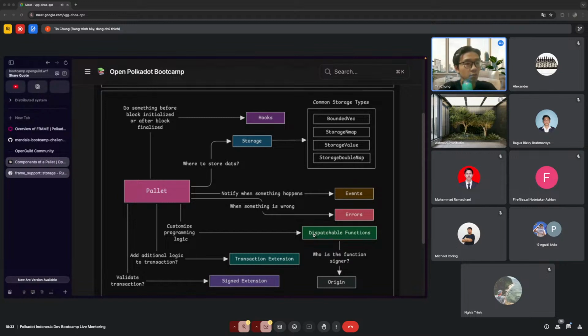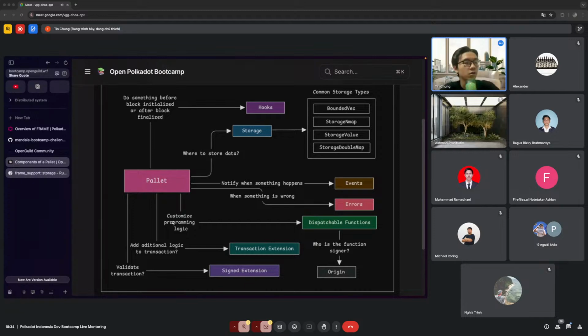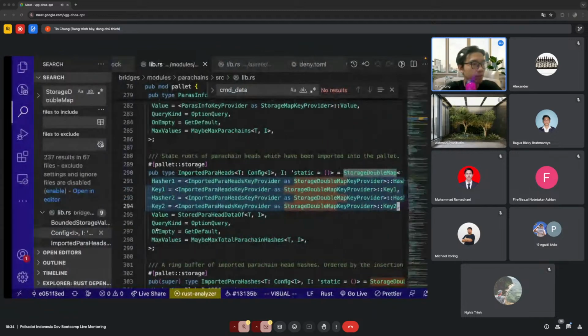But before we look at the code of the event, we will look at the dispatchable functions. Most of the time, we're going to call that dispatchable. The dispatchable function is going to be the main entry of all your logic. To customize the programming logic of the pallet, you have to define a set of dispatchable functions. It's similar to a function in traditional programming. This function contains some Rust programming code to define the logic that you want, to mutate the blockchain, or maybe read from the blockchain.